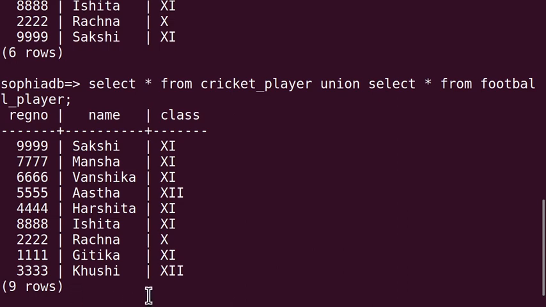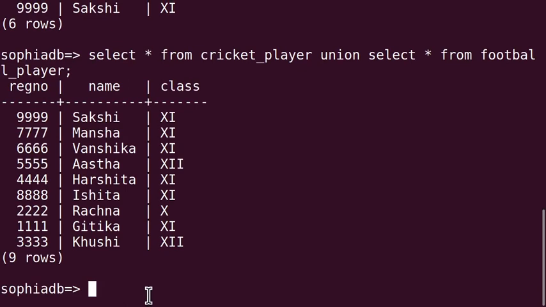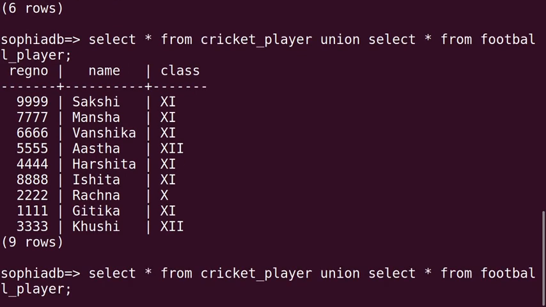Suppose you want to see the duplicates also, then you can do it like that. After the union keyword, you can write all. Select star from cricket player, union all, select star from football player. Both the tables' records will come in the output.